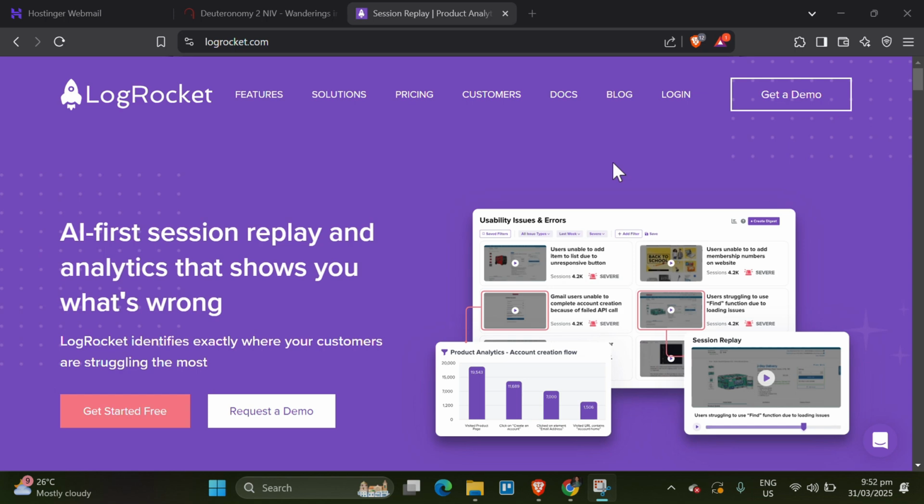Hello everyone, today we'll be looking at how to use LogRocket in the dynamic world of web and mobile application development. Understanding user interactions and swiftly addressing performance issues are paramount. LogRocket emerges as a pivotal tool, offering session replay, product analytics, and error tracking to help developers and product teams optimize user experiences. This tutorial delves into the updated features of LogRocket, providing a step-by-step guide on how to effectively